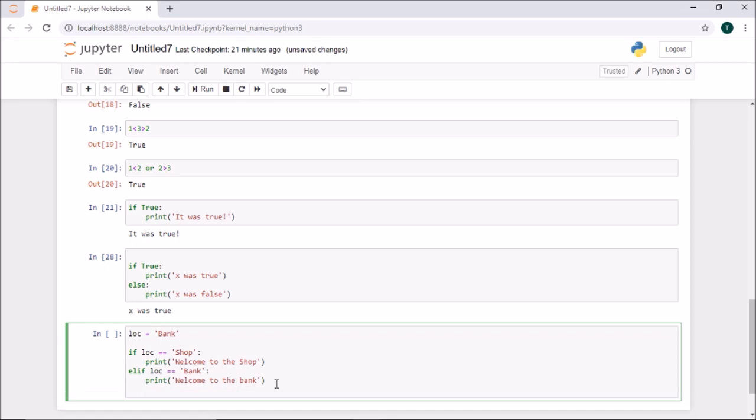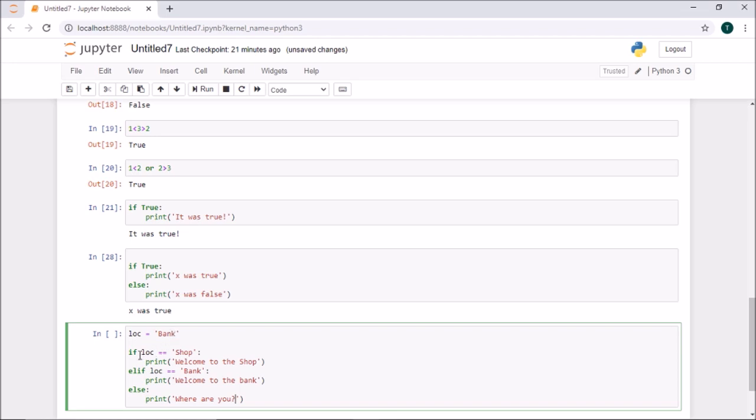Okay, if it is not also a bank, just print me else. If it is neither condition, else print me, where are you. Okay, so where are you? I defined LOC as bank, a string value called bank.